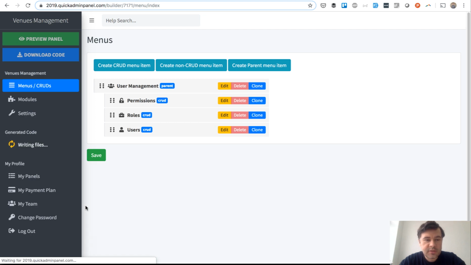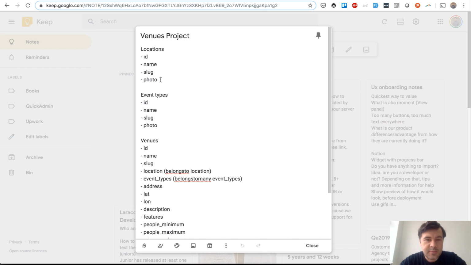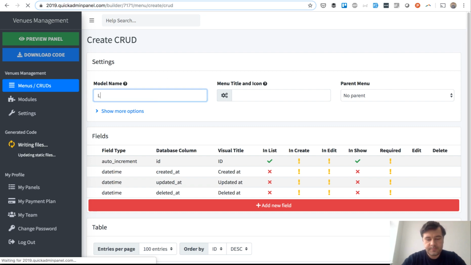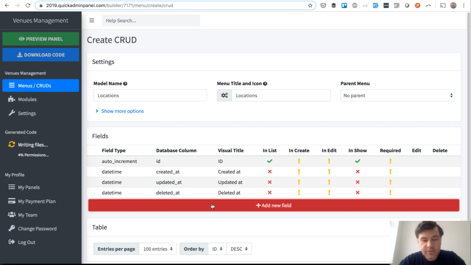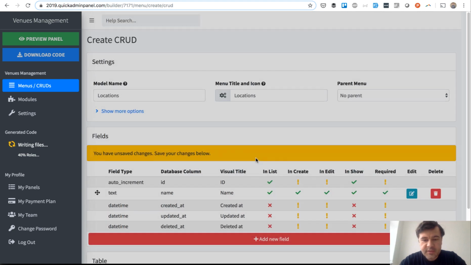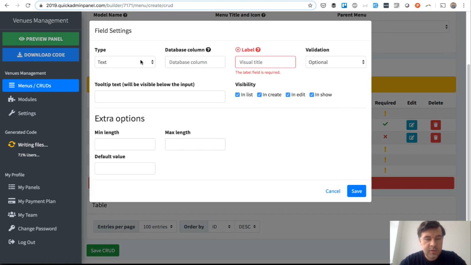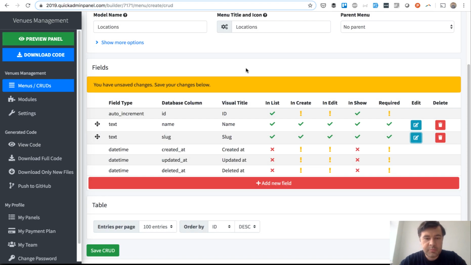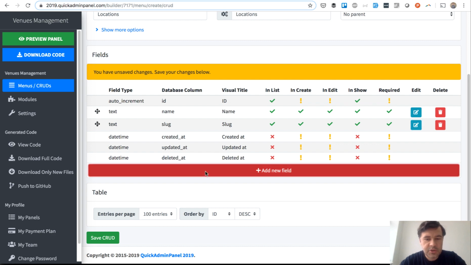And then while the code is generating, we can create more CRUDs, which exactly is what we need. By default, it comes with user management, but we don't need it for now. Let's get back to our database schema. So location, and we create menu item called locations. Locations. What fields do we need? Name, slug, and photo. Okay, so name will be a string, which is text in our case, and which is required. Save. Then slug will be also text, also required, and we also will implement automatic slug generation, and photo